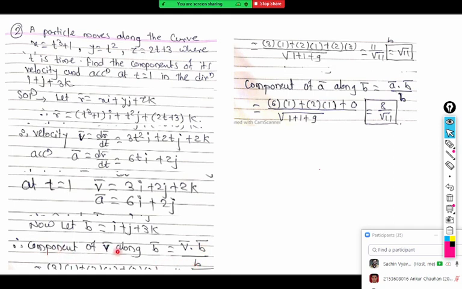So this is just a formula, the formula of a projection. We are projecting v bar on b bar, so it is v bar dot b bar upon mod b bar. Is that clear? So it is just formula based. If you have gone through that prerequisite part, it will be very simple for you. Anything else? Any doubt?